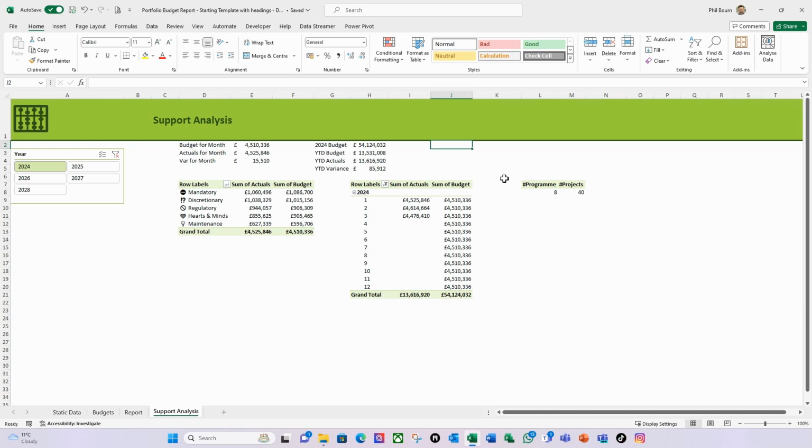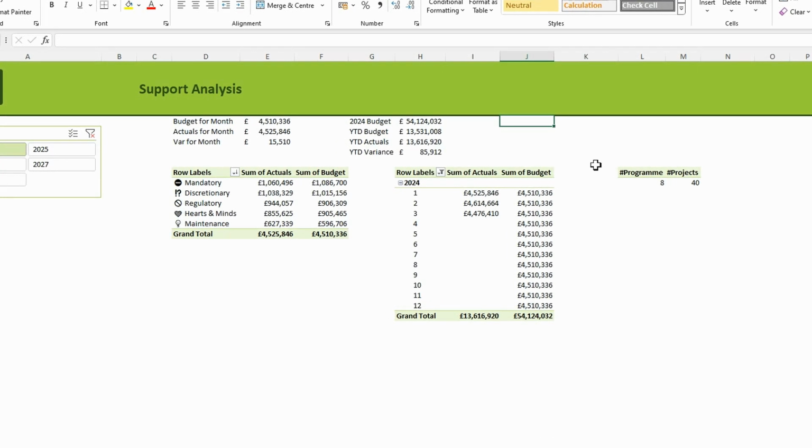So the two labels that I'm going to create, I'm going to join the data here with a bit of text. All I've got to do then is reference the cell, and that will appear in the label and will be dynamic. So I'm going to do equals. The first one is going to be program. So quotation marks, my text, and quotation marks. I'm going to type program, then a colon and space, then close my quotation marks. Then I'm going to do the ampersand,